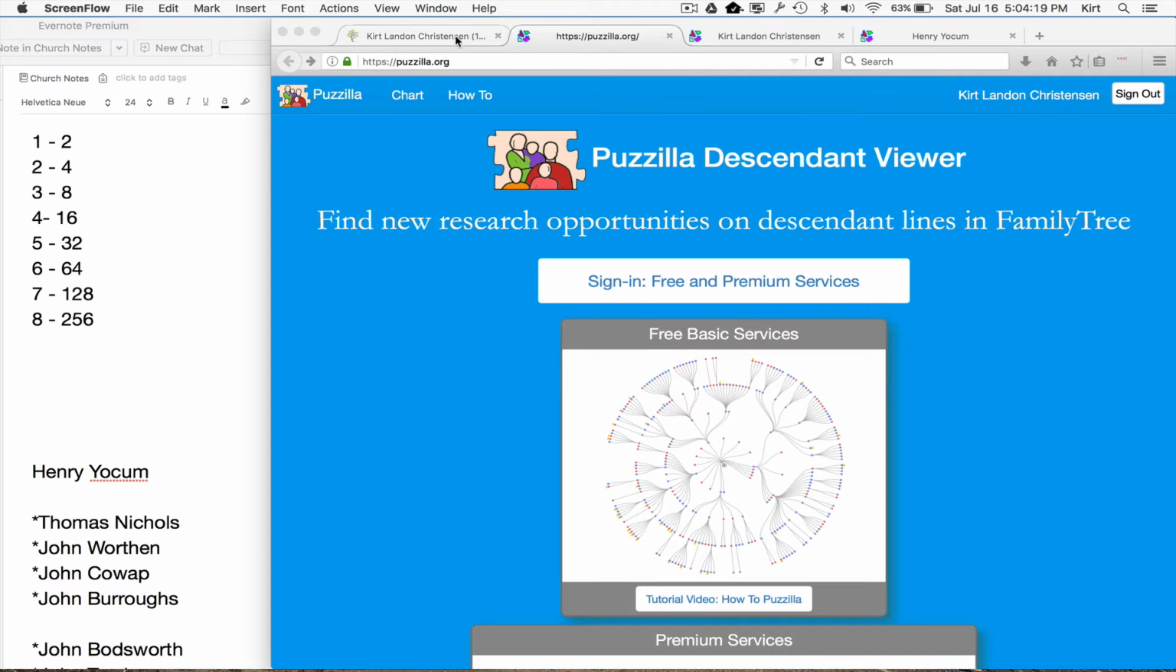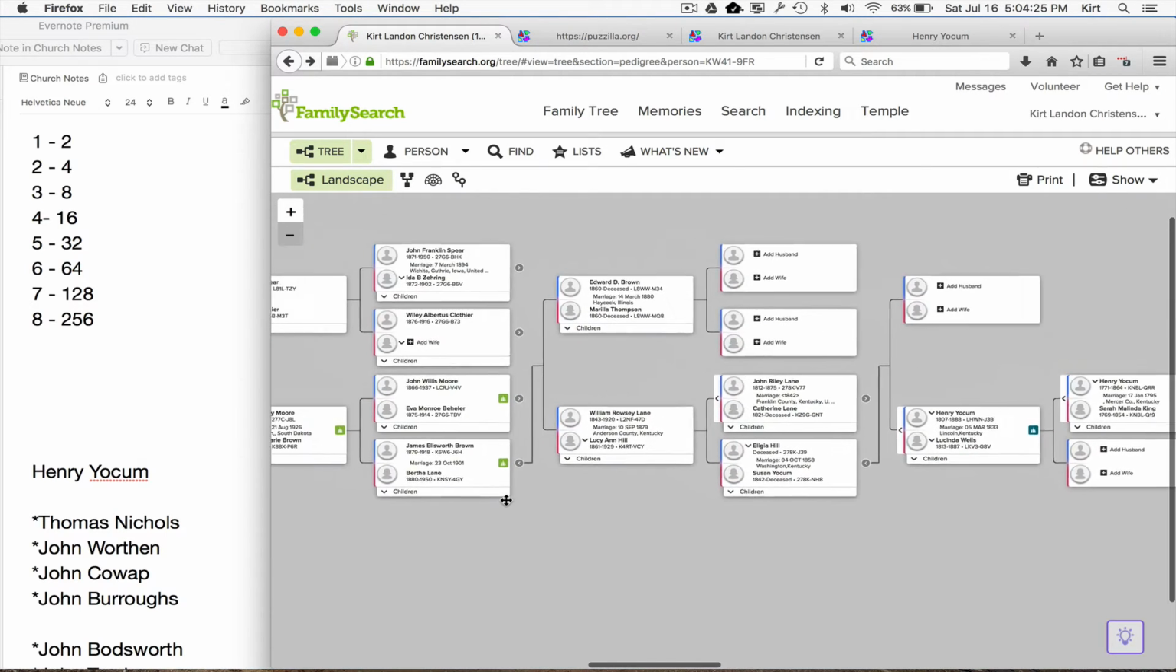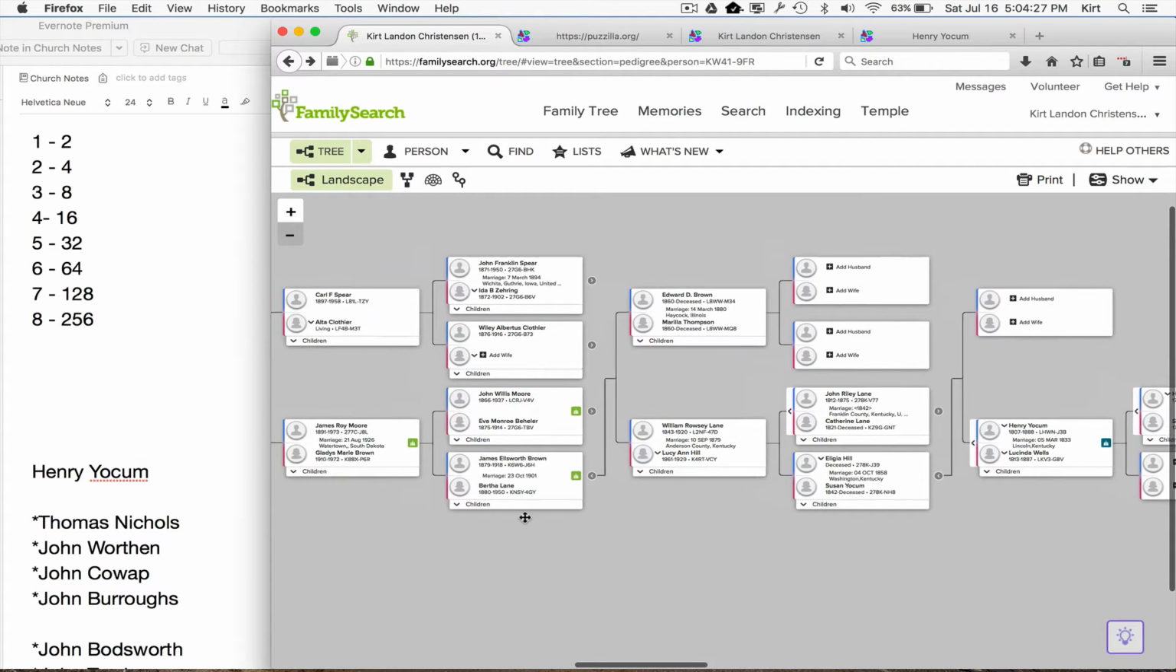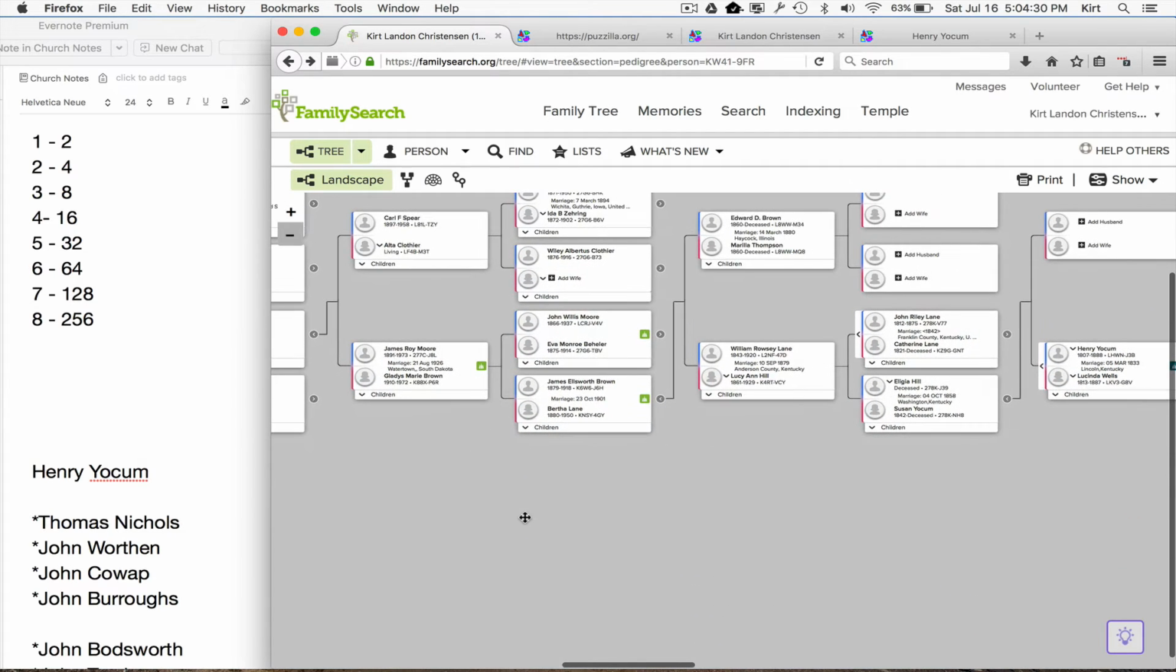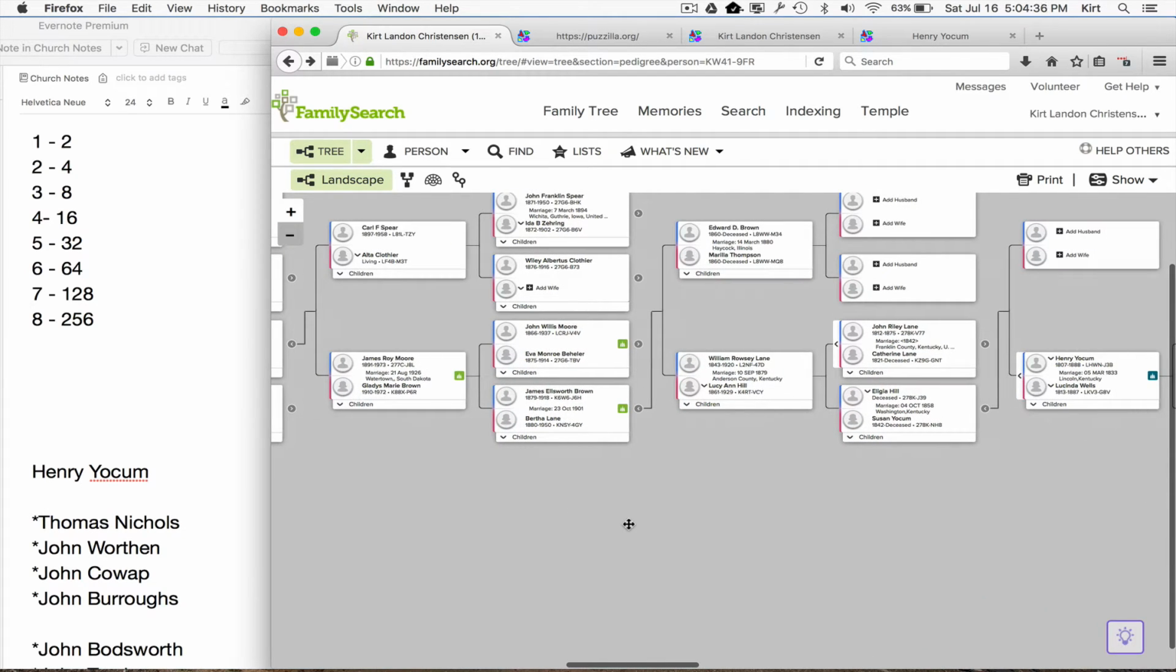So if you're familiar with FamilySearch, when you log into FamilySearch and do various searches, you're going to notice that when you're looking for ordinances, the green temple is going to appear. In this particular view, I can see a couple. The problem is with FamilySearch